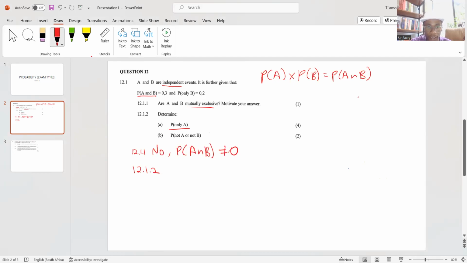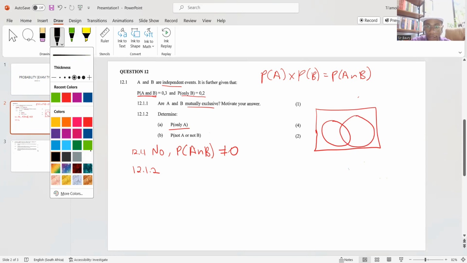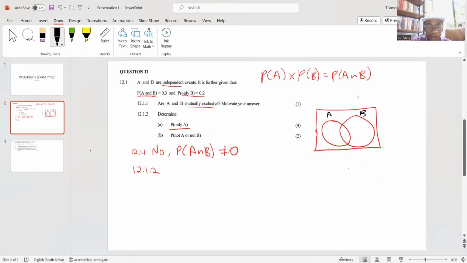So before I get to A only, I know the probability of A and B and the probability of B only. So a Venn diagram will be of good understanding. I'm going to have the probability of A, then B here. So the probability of only B is 0,2. The probability of A and B is 0,3 for both of them. So the probability of A only,